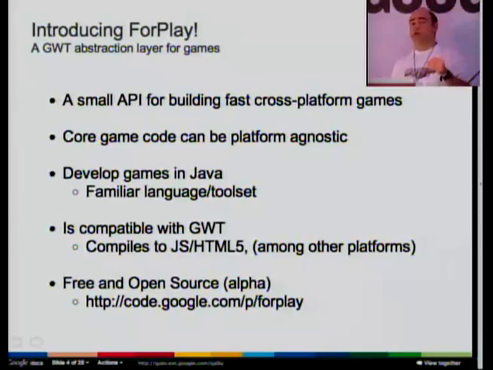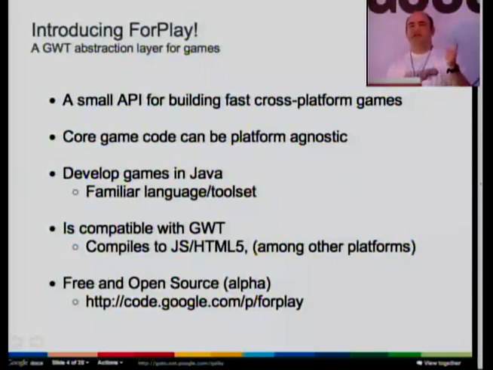If you're familiar with Google Web Toolkit, where you can construct your user interface and then have it compile your Java code into JavaScript and HTML code, it's the same thing. Whereas this is creating a video game, which is a lot more fun, actually. The URL is there at the bottom. It's an open source project,